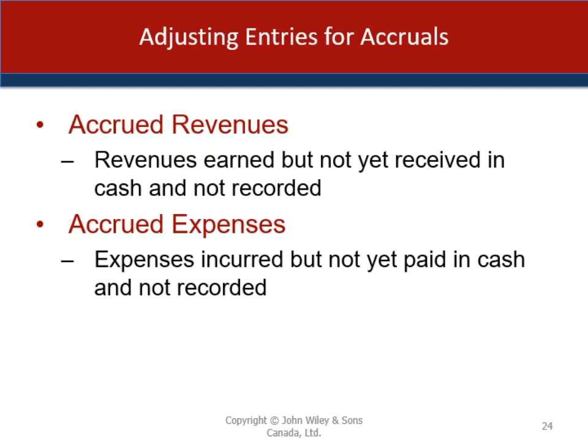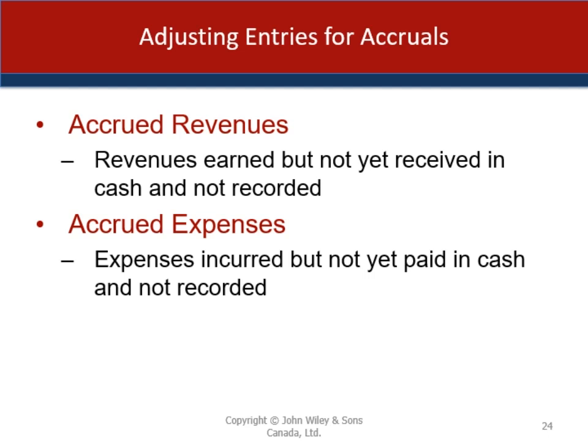So accrued revenues would be accounts receivable. We've earned the revenue, but we haven't received the cash, and so that's the classic accounts receivable. Accrued expenses would be accrued or accounts payable and other accrued liabilities. We've incurred the expense, but we haven't paid for it yet, and so we need to recognize that the expense has already been incurred in earning this period's revenue, so we match it through the process of accrual. Now, note that under the accrual basis of accounting,